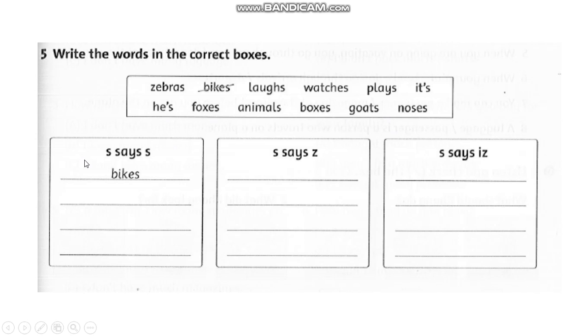Now look at the boxes here. S says is. We have the words buys, laugh, is, goes, and S says s, we have zebras,